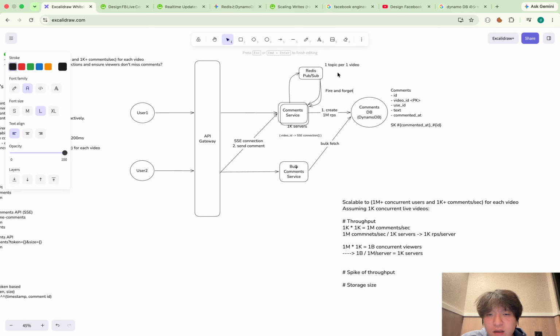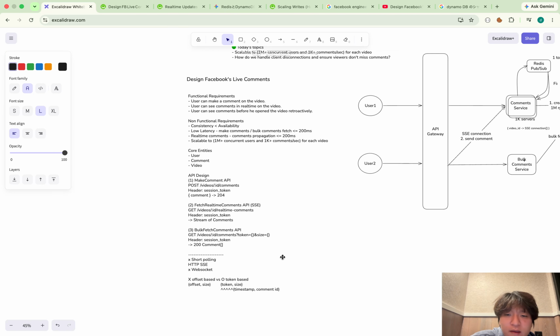And one more thing. The reason why I use Redis pub sub and not Kafka is because Redis pub sub is in memory, so it works faster. But Kafka obviously persists the message in storage, so it has some more latency.